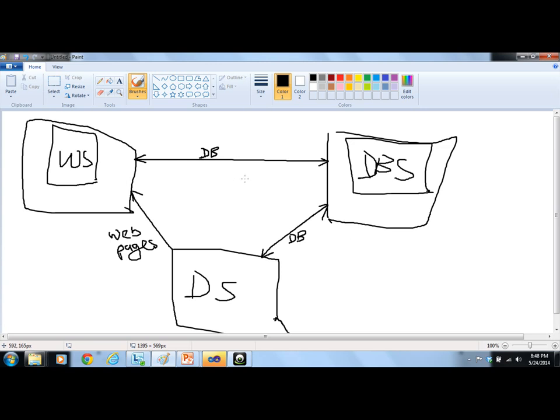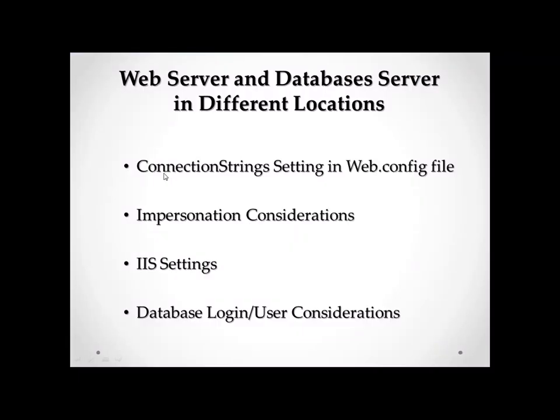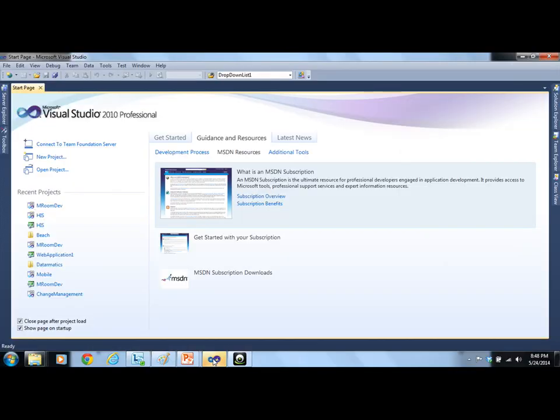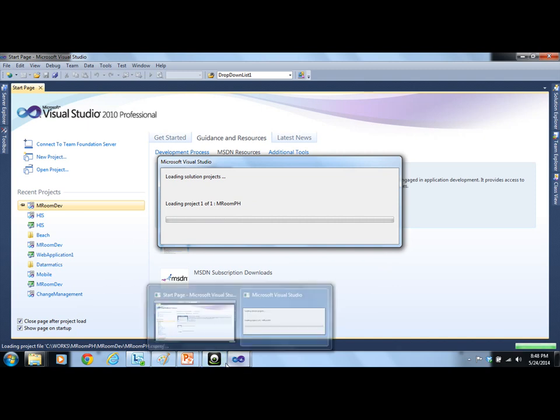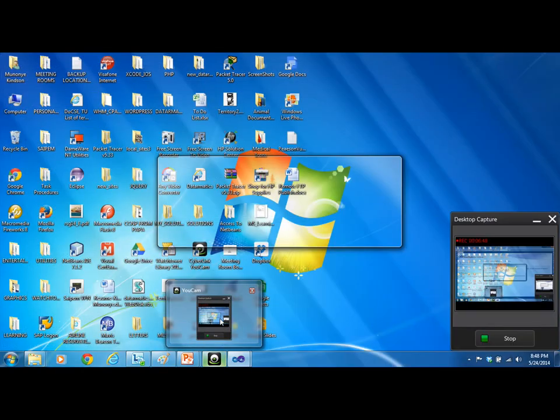We have three different systems in completely three different locations. One might be in Lagos, one in Port Harcourt, one in Owerri, different locations in Nigeria. So the first thing we want to look at is the connection string consideration. I'd like us to use the production environment. I'll actually open the application I'm working on and go right to the web.config file. It's loading, so let's take a little break and then we